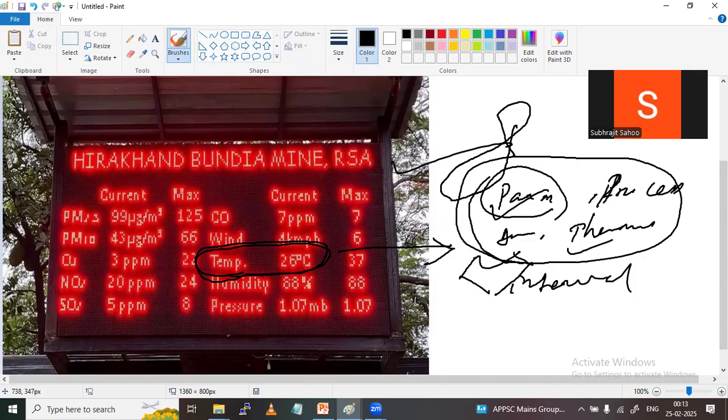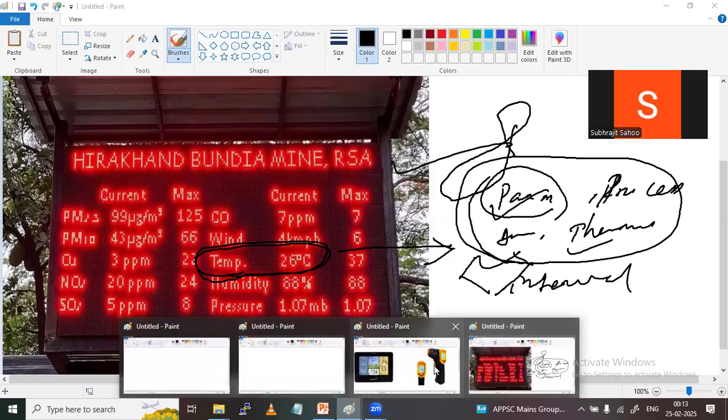We have to understand each and every point: what the several principles are and how the several instruments work. All these things we have to study clearly. I gave a basic idea about whether temperature measurement is required or not, and I told you there are several sensitive areas where it is very essential. Examples are also given. If we talk about